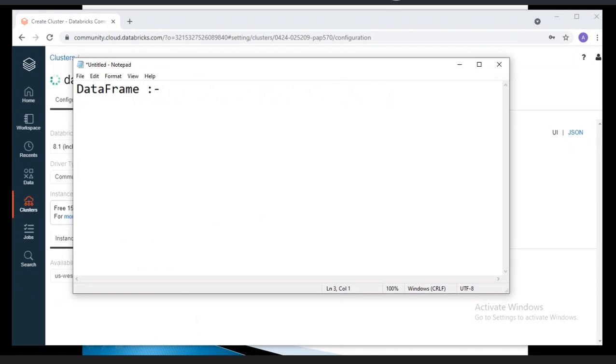What is the usage of the data frame? If you observe, RDD is not the best fit for structured data. You can read any type of data with an RDD, but it is especially suited to unstructured data. The data could be anything. For example, last time we read some EMP_19234 file.